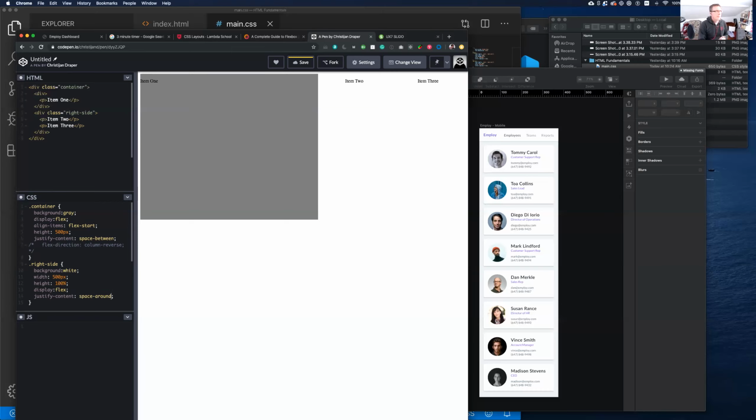Okay, so we've done some experimentation with Flexbox, trying to show you a few of those commands that you can provide it in order for it to be able to represent the content. What questions do you have? I just don't get the space around, sorry. Okay, so space around is